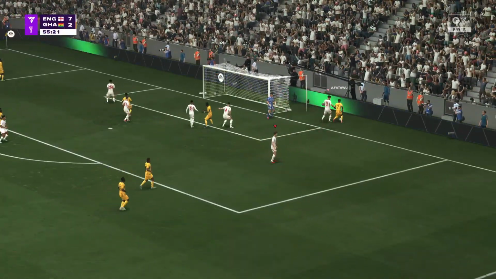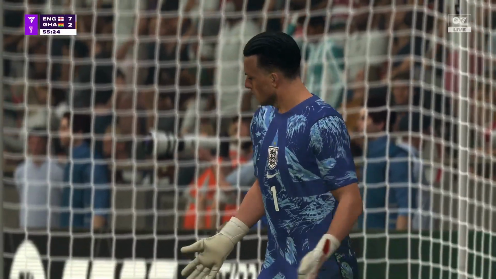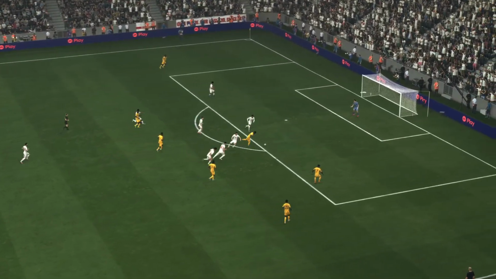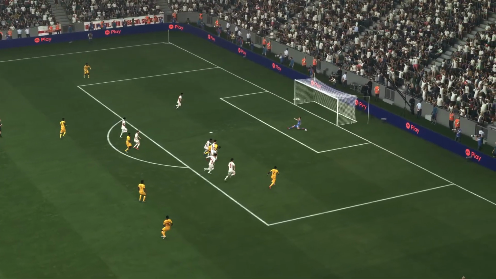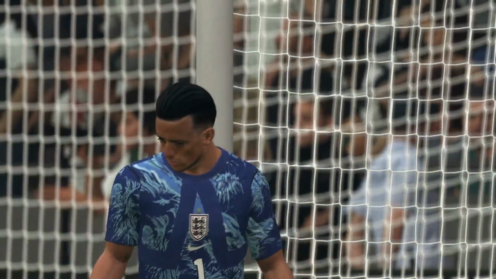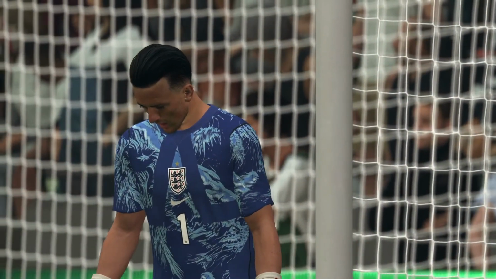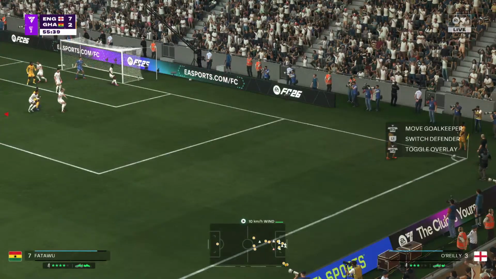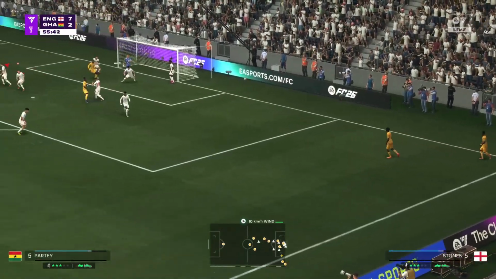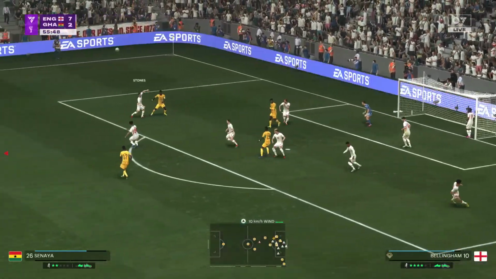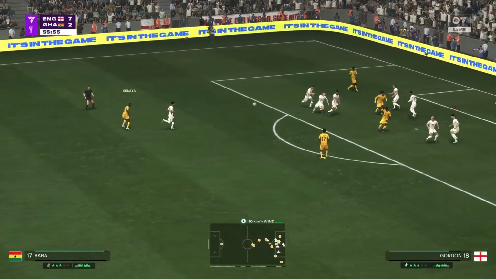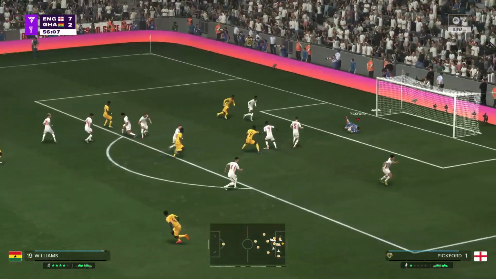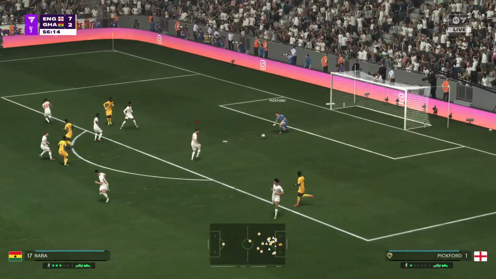Keeping it out. And over comes the corner. Well, they couldn't keep it. Taking care of the situation.